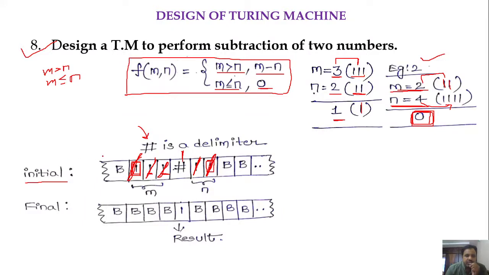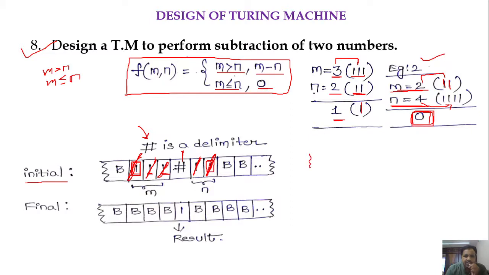So this is how we perform the subtraction. At the end, if you observe this input tape, it is consisting of one. Remaining all cells are blanks. What we are doing here is cancelling the first one in m with the last one in n. So we have to cancel the ones which are there in m with the number of ones in n. Whenever the m value is greater than n, we are going to get some positive result. If the m value is less than n, the result must be 0.